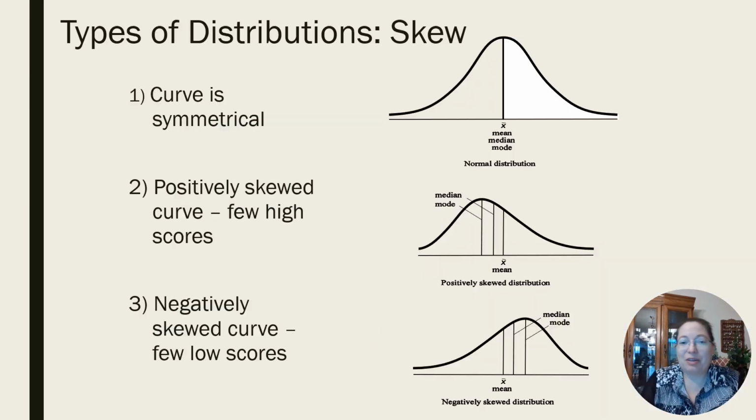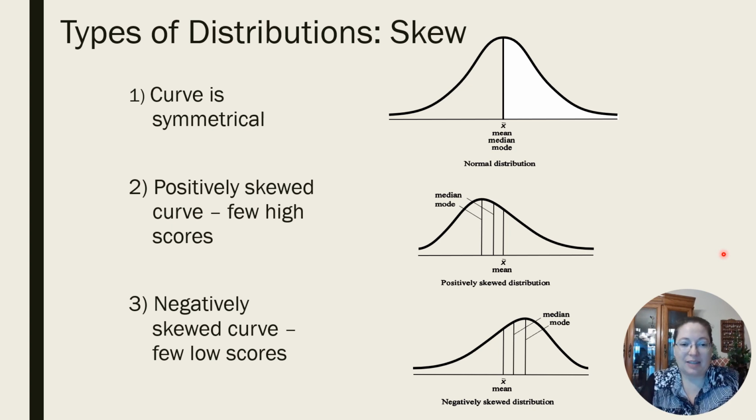However, in the real world, we very rarely have this perfect normal distribution. Instead, what we've got is a skewed distribution. So where a distribution sort of leans over to one side or the other. When you've got a positively skewed distribution, you've got a lot of scores here on the high end. So we saw this last week with our average Canadian household income, right? There's all those millionaires and billionaires who are impacting the average